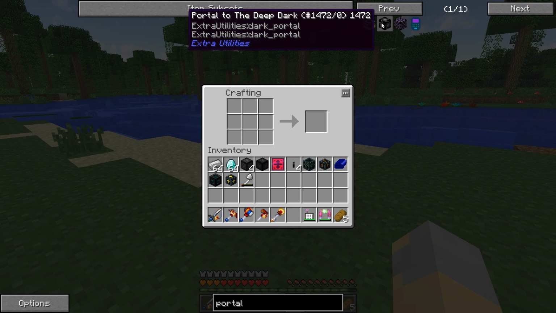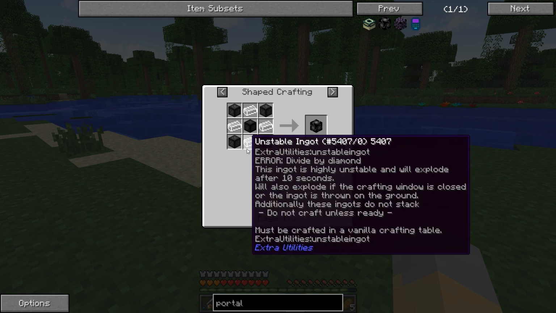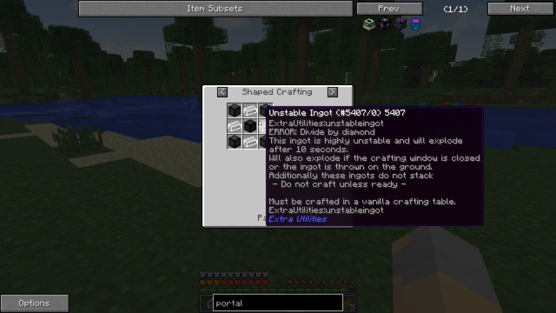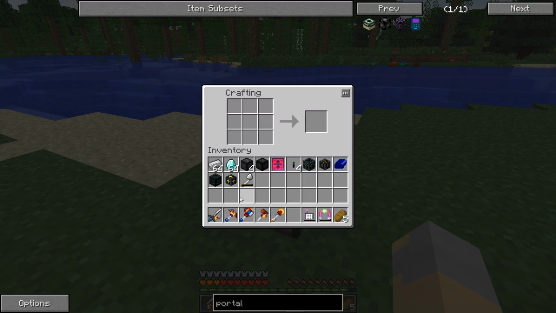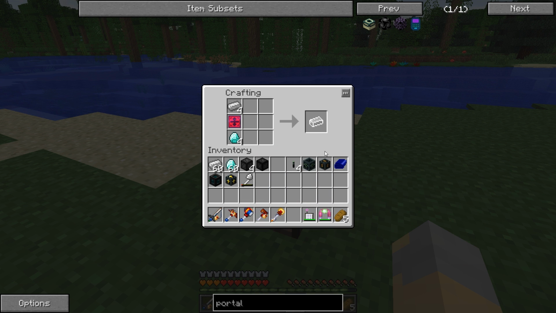We're going to make a portal to the deep dark, which is going to require 4 unstable ingots, quadruple compressed. It's going to require this stuff. We'll just leave it at that. Terrible. So we're going to need to take 4 iron ingots, divide by diamond. We've got all of this, so it should be good. And let's just quick do...